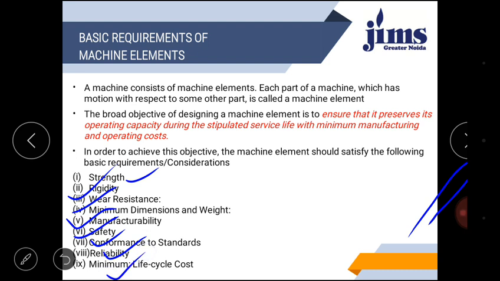These are the basic requirements that should be fulfilled by a machine element, and there may be some more, but these are the main ones. On the basis of that you will be able to understand, and be very careful while you are designing. So let's see one by one